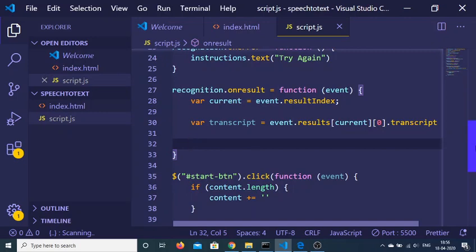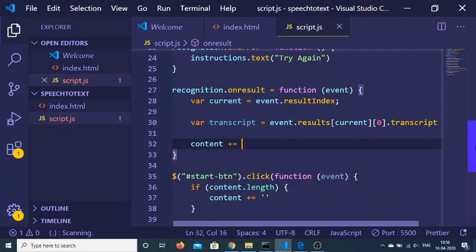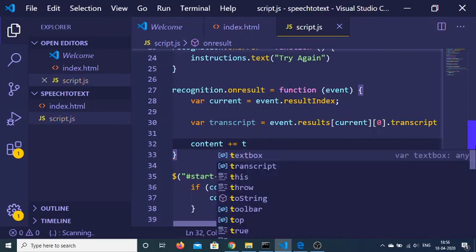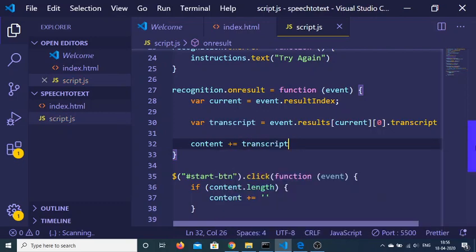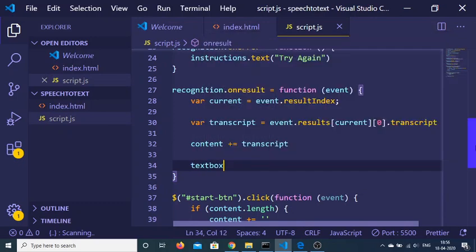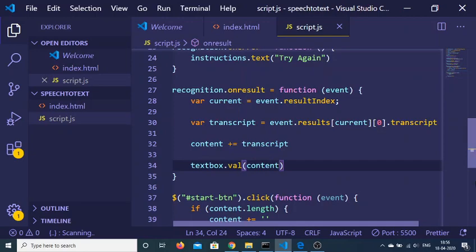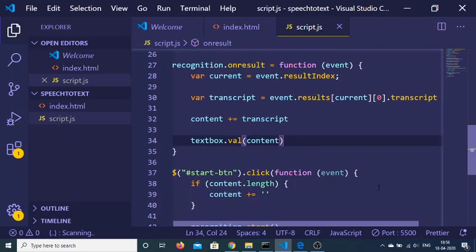Now we need to concatenate inside our content. Content plus is equal to transcript, like this. And now we just need to change that to our text box area. So text box dot val. Basically it will attach the content to the text area. That's it.